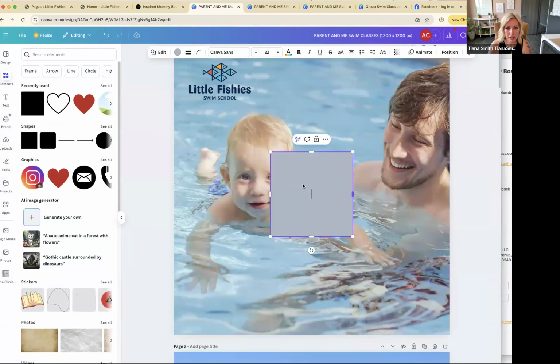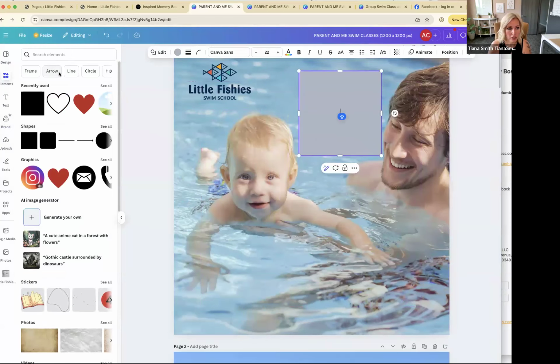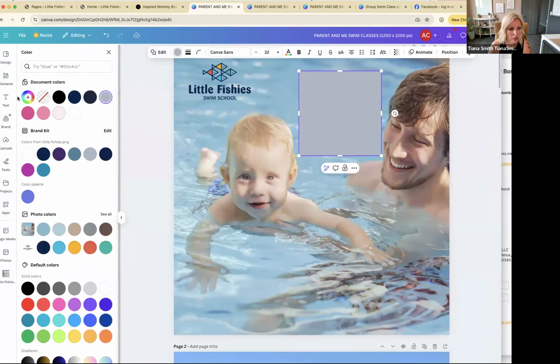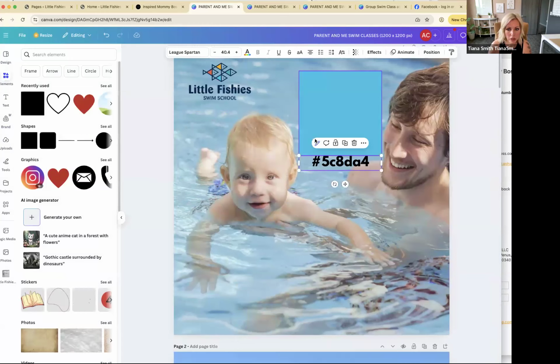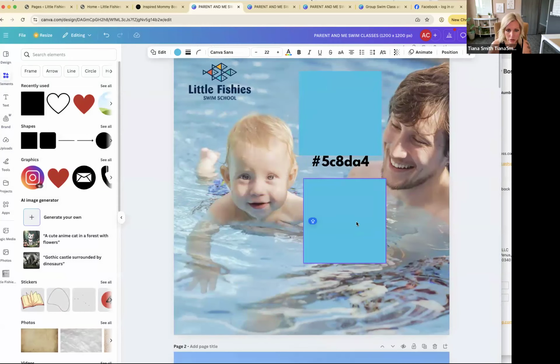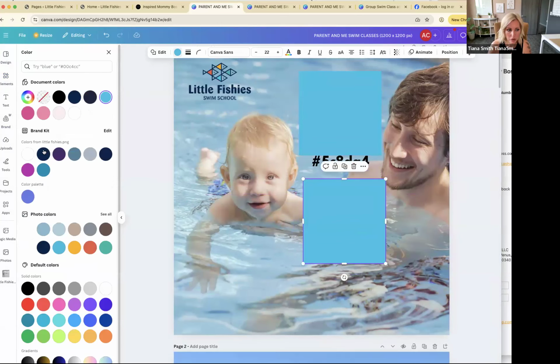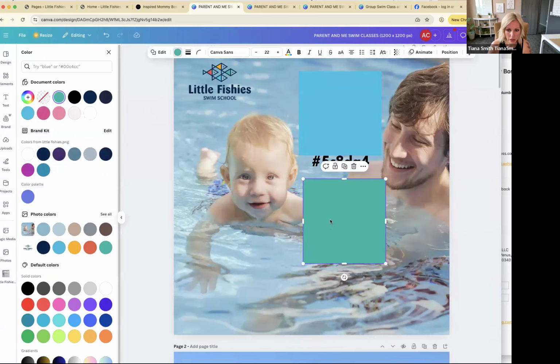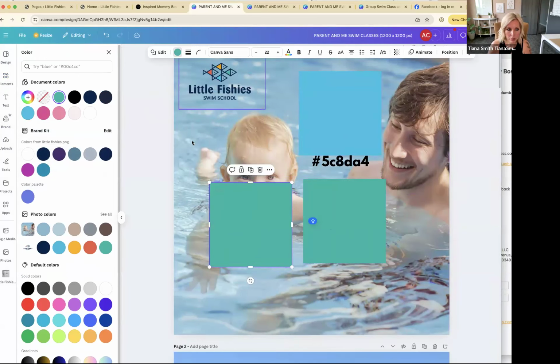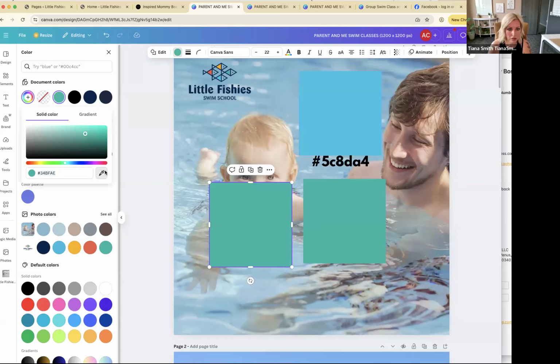I need to grab this color code because I wasn't given the hex, so that's the blue. So yeah, that's what I actually need to do. And then I need to get these colors. So see how I'm zooming in and getting the actual colors, and I'm going to edit her brand kit because